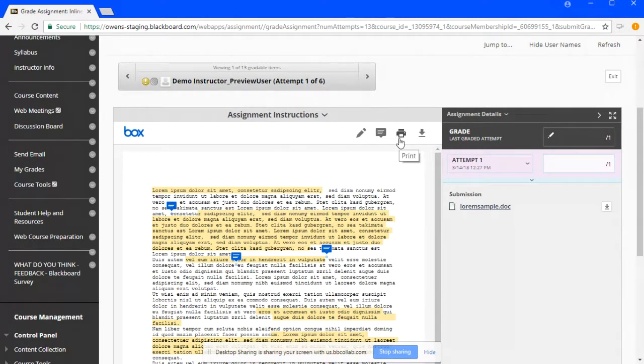You'll also be able to print a copy of the assignment as well as download it. I will caution everyone now as an instructor, if you attempt to download a copy of your student assignments, they will not contain the annotations. No, Lori, the comments will not print at this time. That is something I believe Box is working on bringing up.